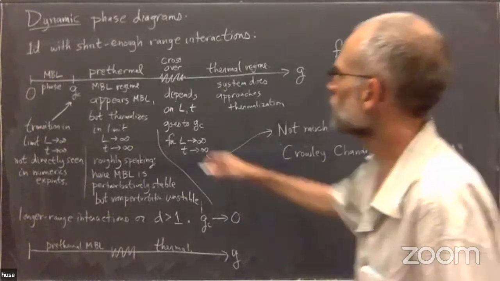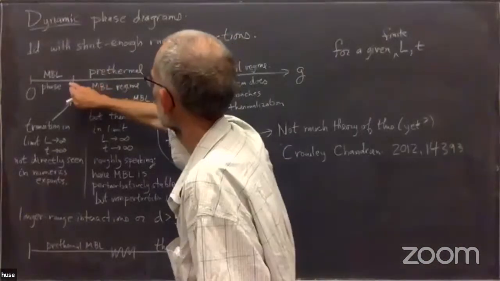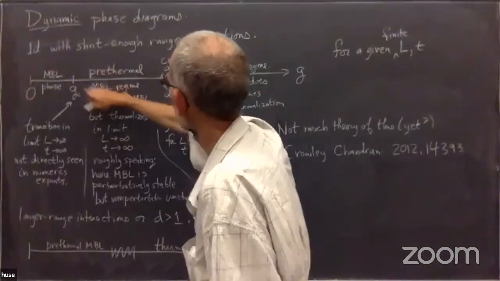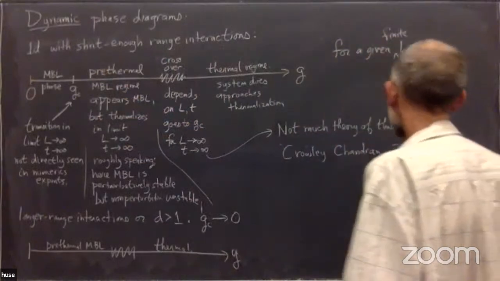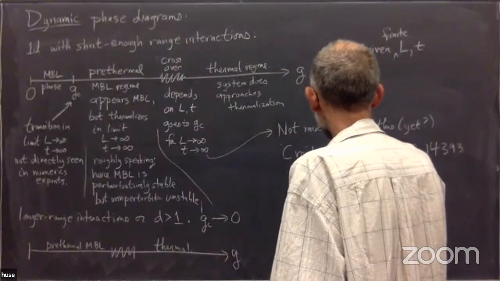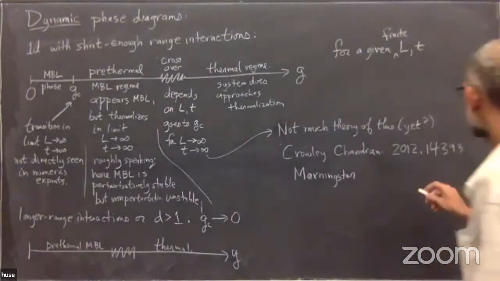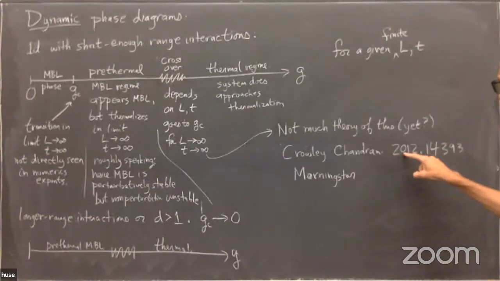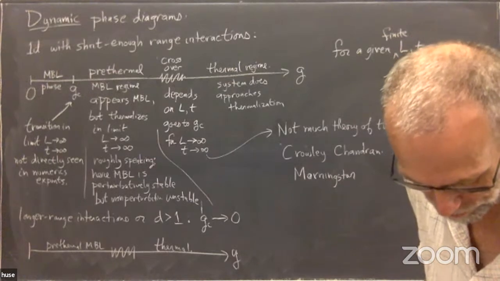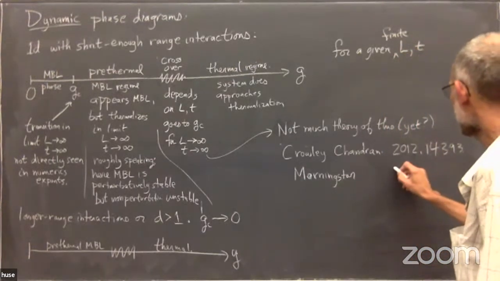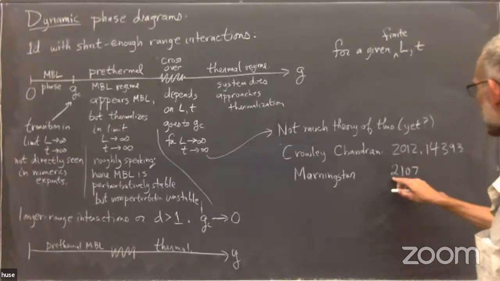2023. And we've been exploring this regime here as a pre-thermal regime, and I'll tell you a little bit about that. And that's the paper we just posted yesterday. David, is that Chandran reference 2021? 2012. Okay. Year 20. This is not a year. This is an arXiv number. Sorry, this is an arXiv number. Gotcha. Year 20, month 12. Yeah. Right? You see what I mean? Yep. Yeah, that's always confusing. Yeah, so we published in the future, 2107,